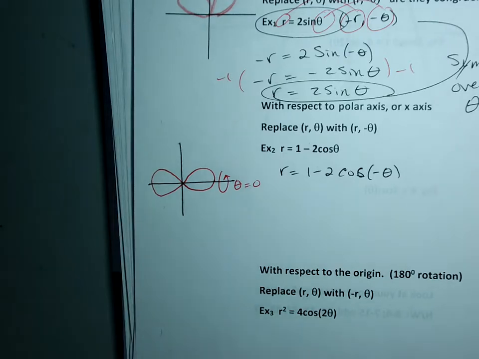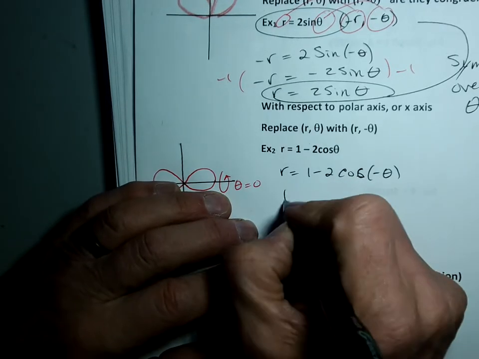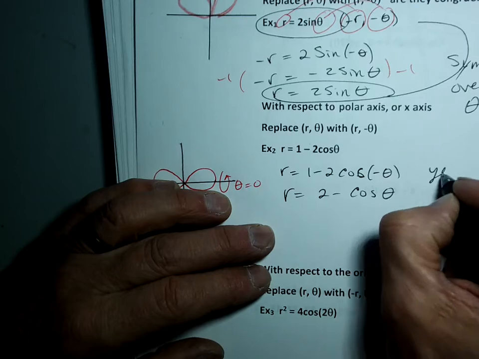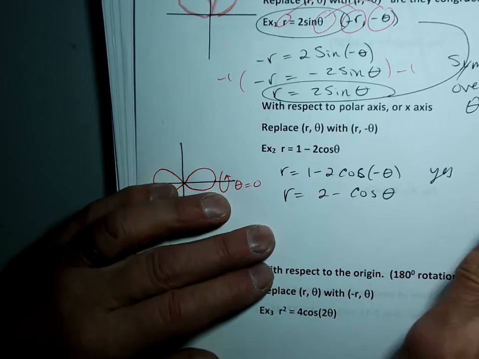Now, if you go back to the ideas we learned last chapter, cosine of negative theta is just cosine of theta. You can look on your identities. Cosine of negative theta is just cosine, and all that reasoning comes from the unit circle. But you probably don't want me to go back to that. But it's true. The cosine value here is the same as the cosine value here because it's the x, okay? So I can rewrite this as r equals 1 minus 2 cosine of theta. So yes, it has symmetry